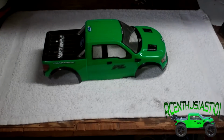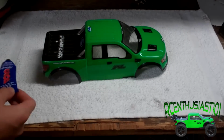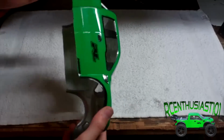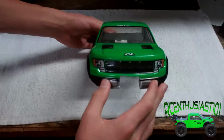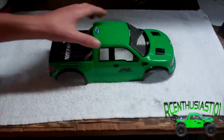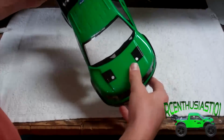Hey guys, this is RC Enthusiast 101, and today I'm going to be showing you how to reinforce a Lexan body. Here I've got my Ford F-150 Raptor body for the Mini Revo, and I'll be showing you how to reinforce it and fix any cracks and just make the body a lot stiffer